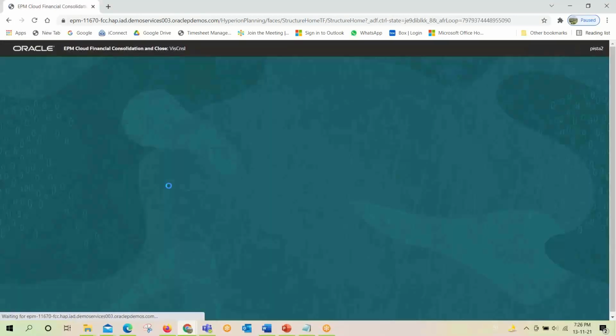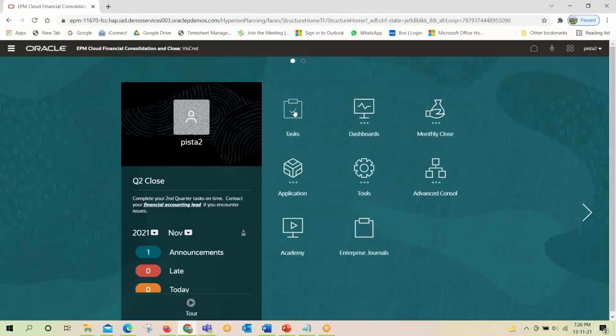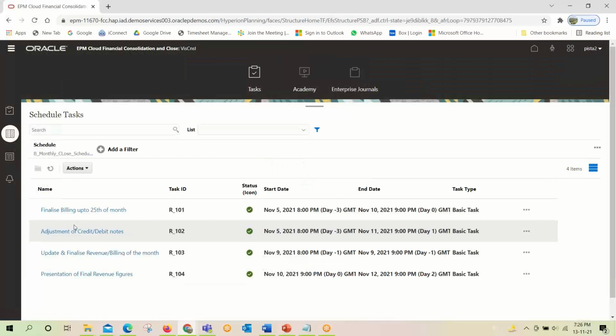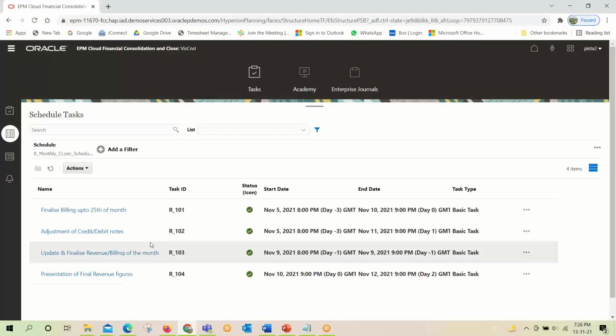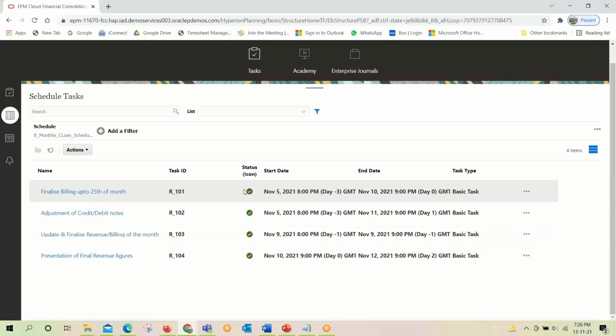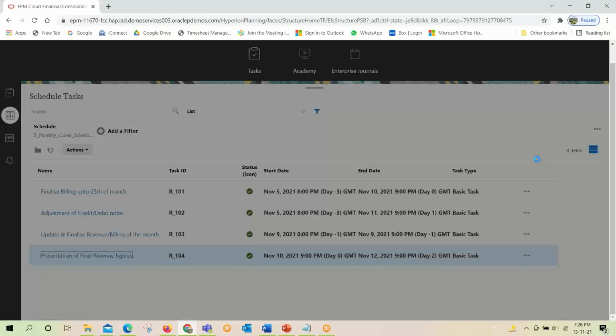He can see where the task is, what the task status is, where it is pending, completed, or stuck. So you can see on Pista's screen all the tasks which he has submitted have been approved, this one.